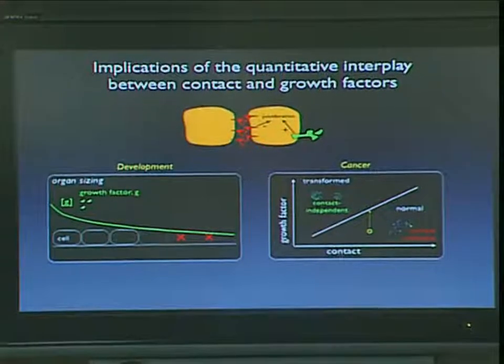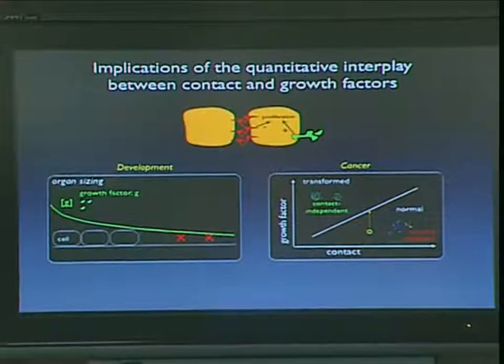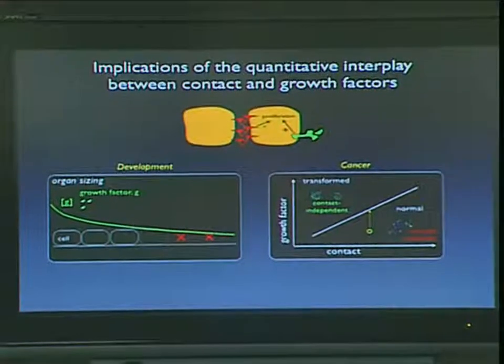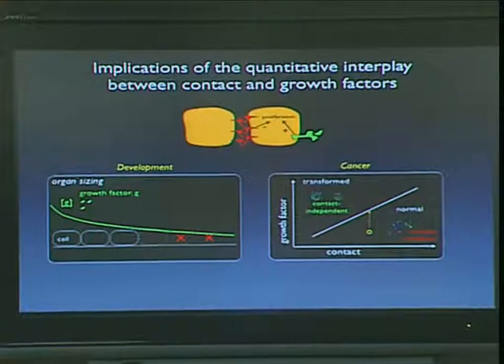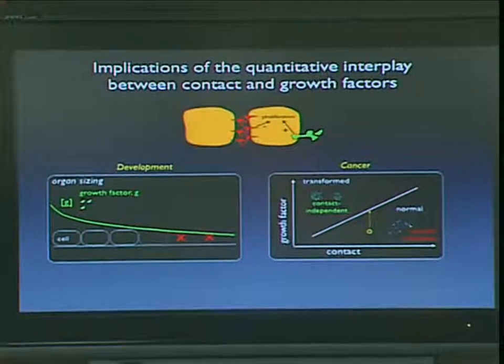In development, you often have a field of cells or a growing field of cells that is exposed to a spatial gradient in a factor, typically called a morphogen, or in this case a growth factor. Some morphogens can induce the division of cells. It's quite clear that this gradient will eventually taper off to some very low level, and therefore the cells out here won't grow anymore. But the question is, what stops the cells over here that are close to the source